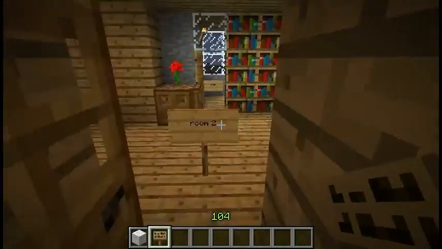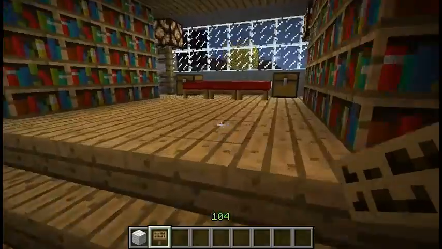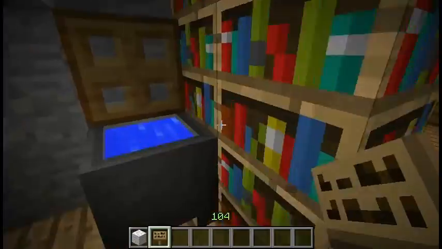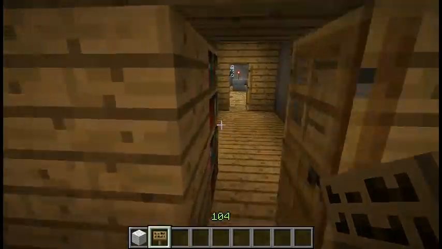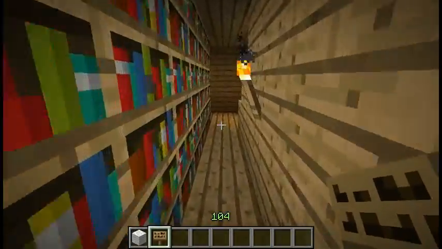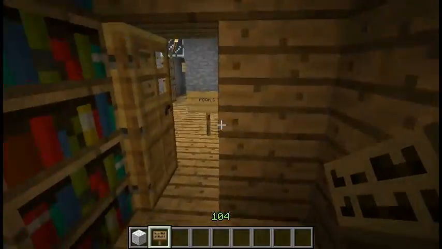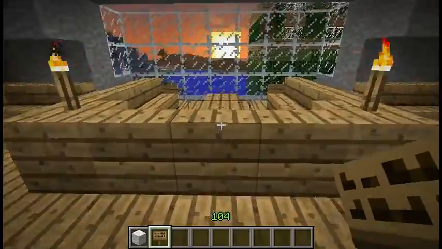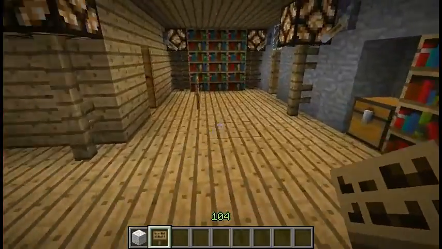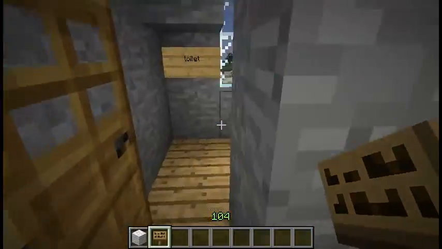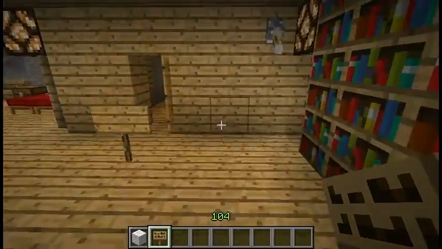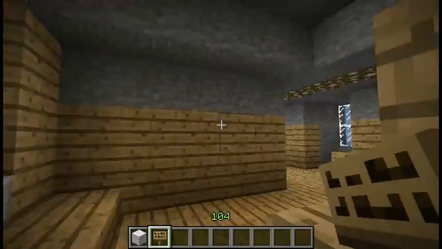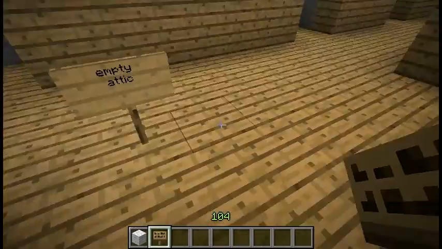Room 2. And if these rooms are too big, I don't know if you feel they're too big. Maybe they are, maybe they're not. But if you feel they are, why can't you divide it into a few more rooms? You can do that, right? Room 1. Wow, these rooms are huge. But at the same time, I don't think that's a big deal. You don't have to. You can have big rooms. There's nothing wrong with it.